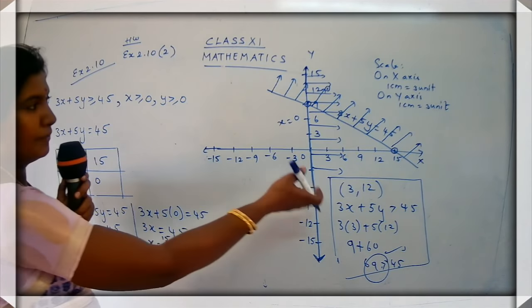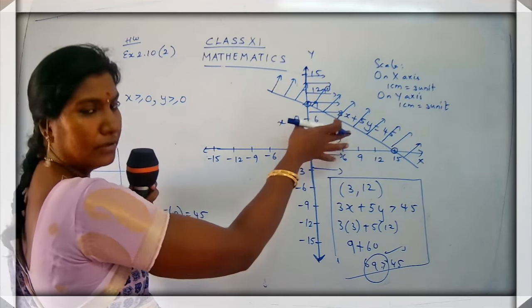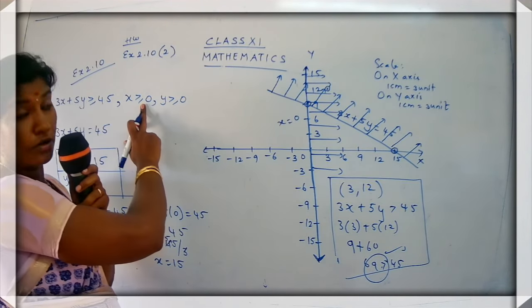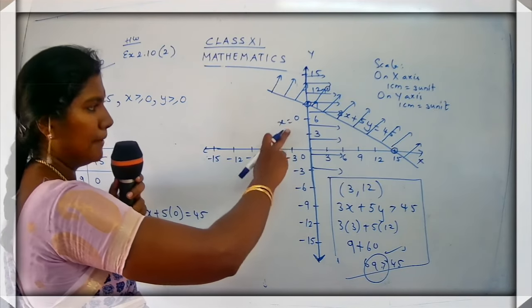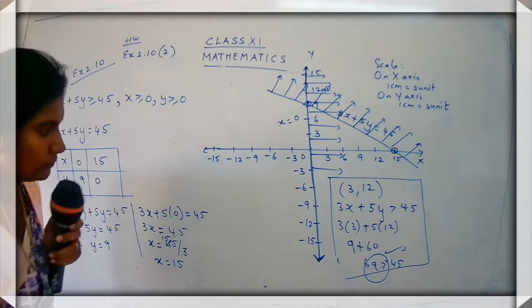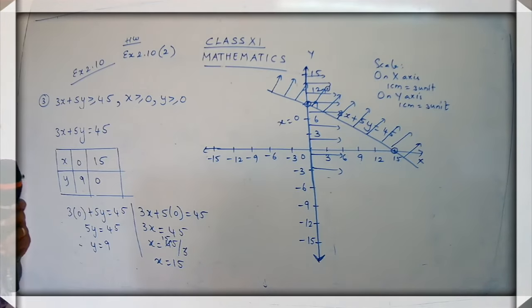So don't go till here because we have to find out the common area. Okay, so we have a line till here. So try to draw an arrow till here. Just don't go on drawing till the end. So where is the area for x greater than or equal to 0 lying? It is going to lie to the right side. So just put an arrow to the right side. Mention here x is equal to 0 and draw the arrow with a pencil. Come on, complete the work. Just do it properly, children.